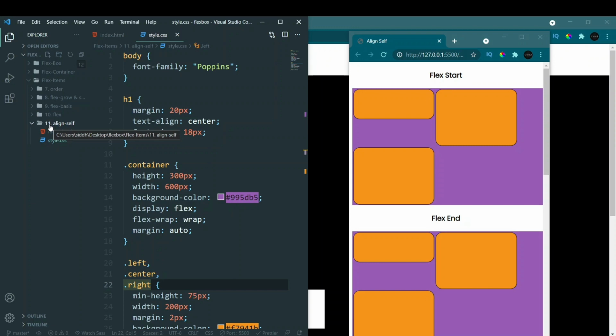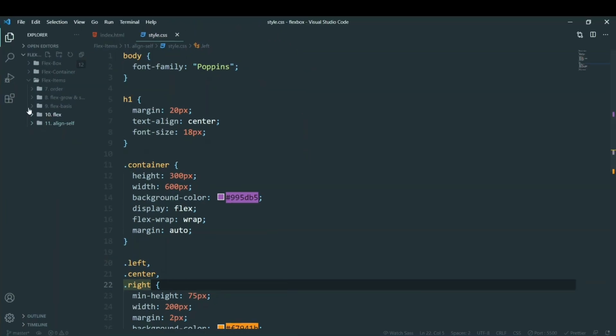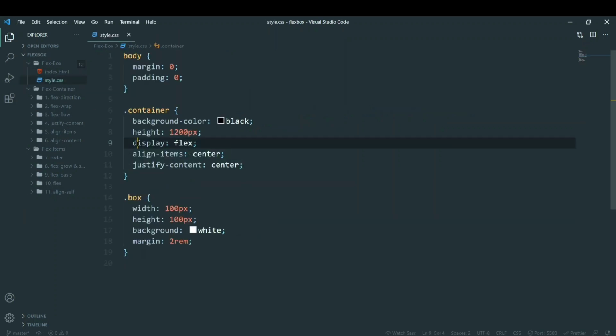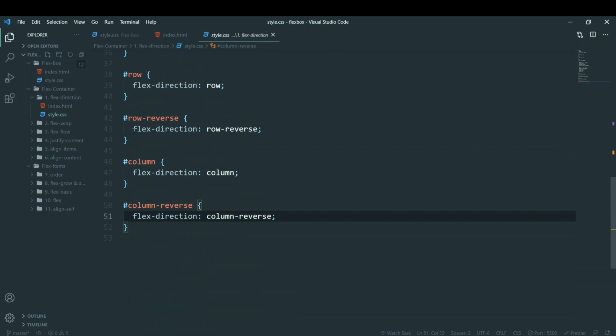Now we saw each and every property in detail. We covered everything as much as we could in this one single video so that you guys can understand. First, we saw how we can start using Flexbox, that is by using this line display flex. That's it. And we saw the flex direction property and how we can add direction to it using the 4 values. Then we added flex wrap, flex flow, justify content, align items, align content.